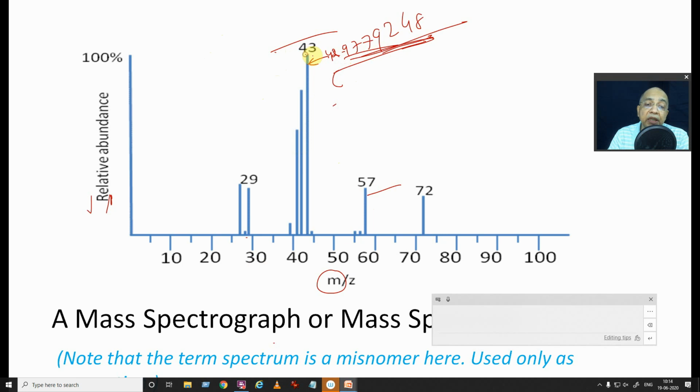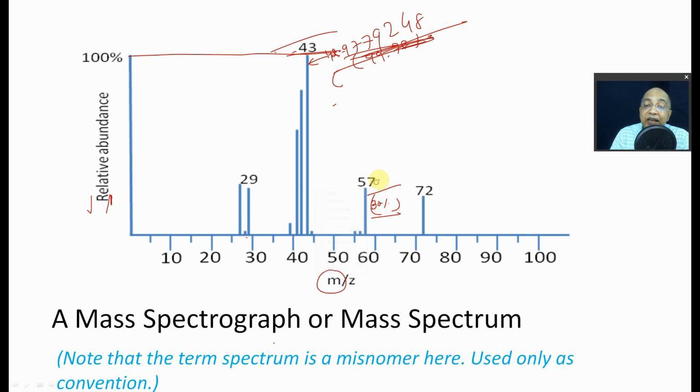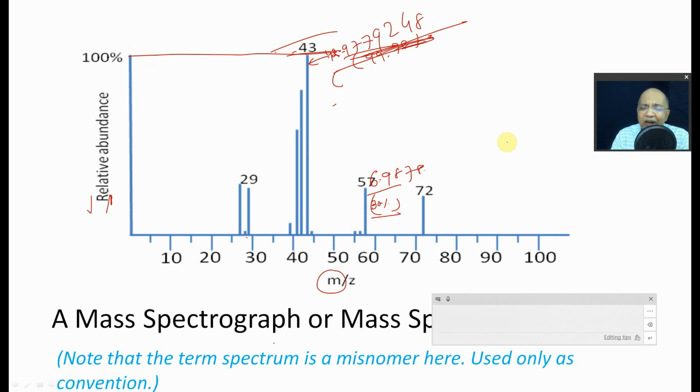This is 43 and the percentage is 100. Supposing it is 100, it's not exactly 100. It will be giving you, say, in brackets 99.78%, and this is say 30%. That will give you the abundance, and this 57, exactly 57, no, it will be 56.9877. I'm just giving for fun. I don't know the exact value. It's there in the literature for every isotope. I can't create it from my own memory. So just for fun, I'm giving any values, right?